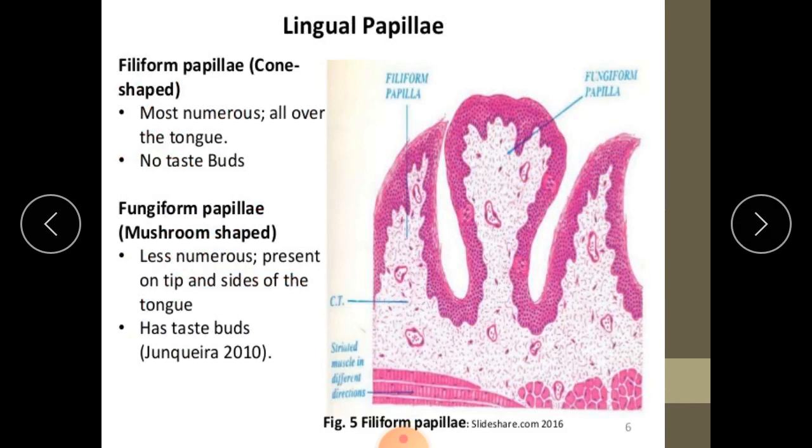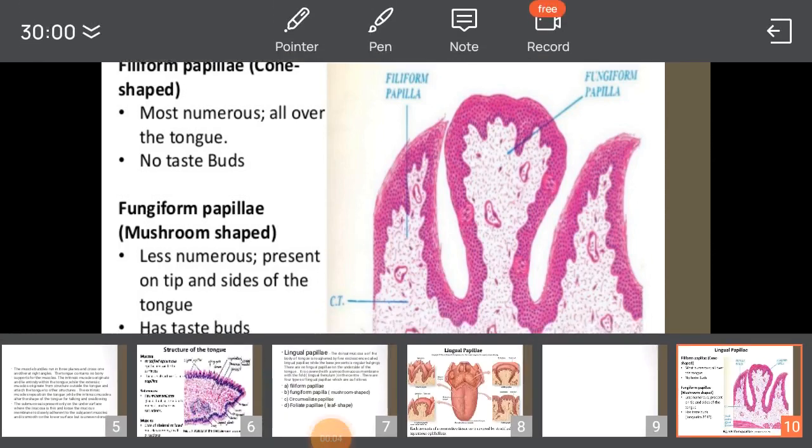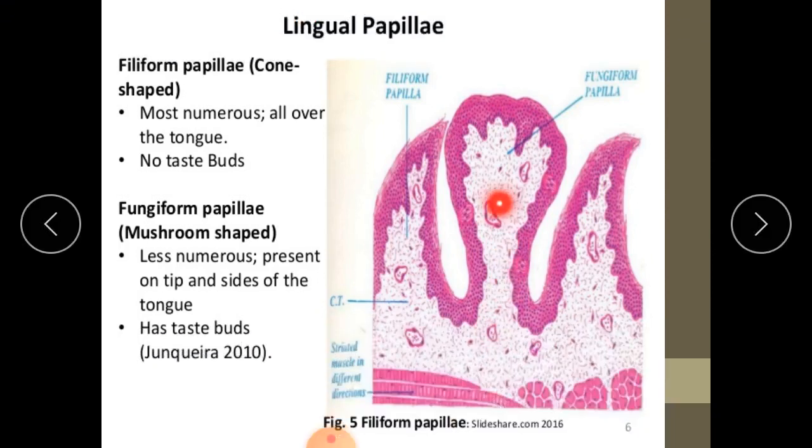Lingual papillae: filiform papillae. These consist of a central core of connective tissue. The core of the papillae is called the lamina propria, and this is the filiform papilla. These may be provided with secondary papillae. These are secondary papillae